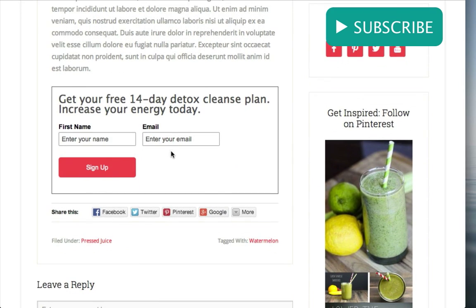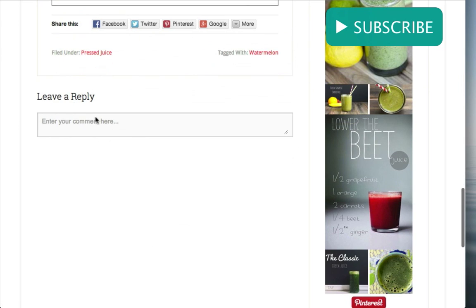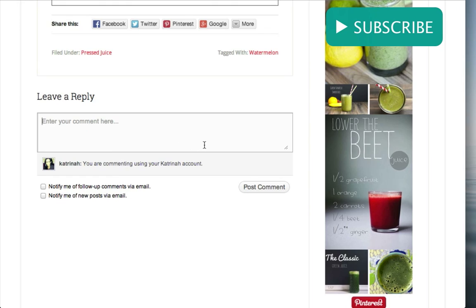email opt-in form. So again, it's so important to add these email opt-in forms pretty much anywhere you can on your website because it's a great way to capture leads, and after someone reads content and gets to the end, this is a perfect location to feature your email opt-in form because most likely if someone has read that far, they'd be interested in receiving whatever it is that you may have to offer that is related to your site. Then underneath the email opt-in form we have our social network icons so anyone can easily share your content across the social web, either to Facebook, Twitter, Pinterest, Google, or some other social network. And then finally at the bottom we have our comment form where someone can leave a comment.